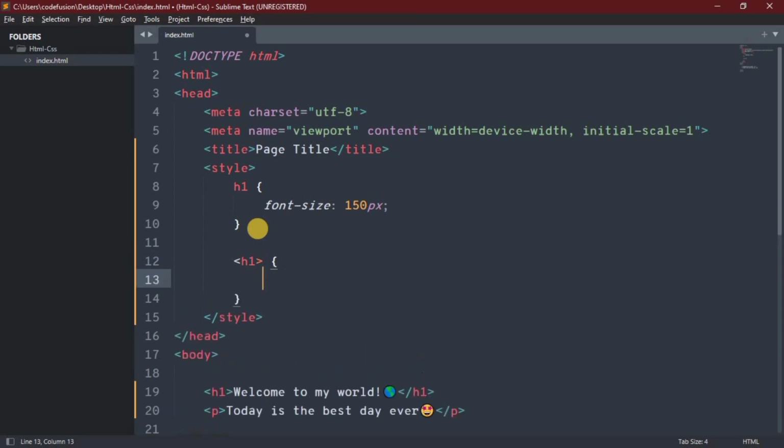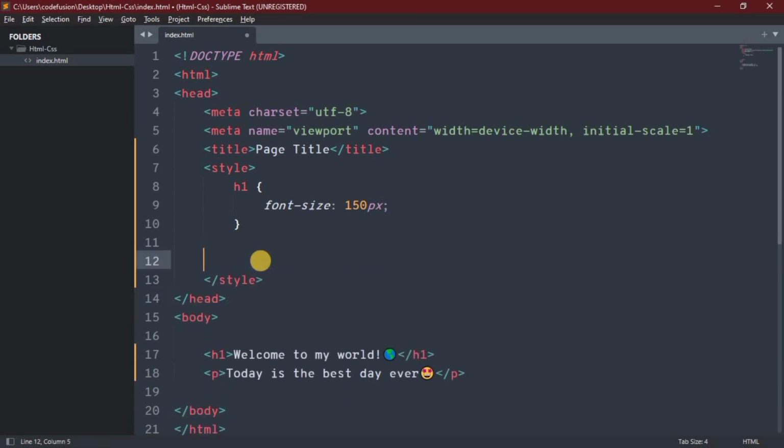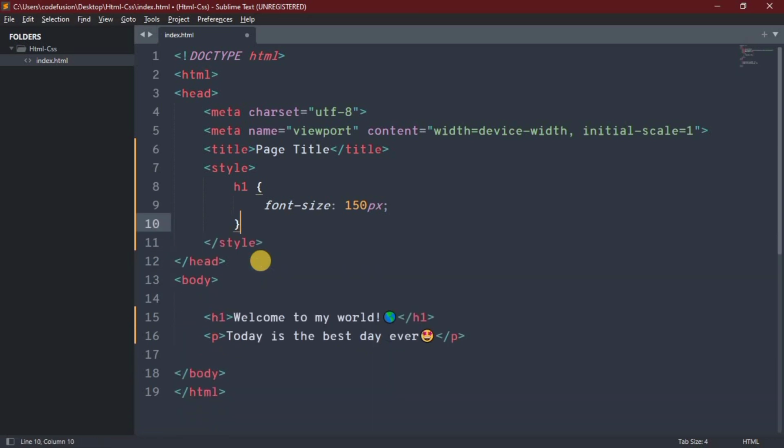So don't make this mistake by saying, since it is an HTML element, you can write it this way with angle brackets. Don't do this. This is gonna give you an error. So you just strip off this angle bracket from your CSS code. Whenever you're utilizing the style element, inside of it, if you want to style an HTML element, just write the element name followed by the curly bracket as well as